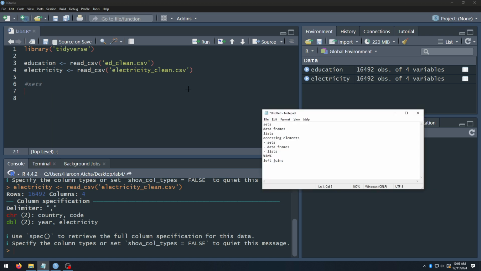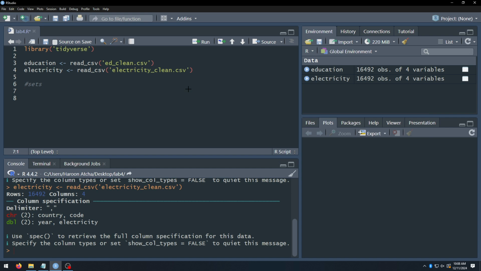What is a set, or rather, in R, they're called vectors? Well, we've already been exposed to them a little bit. Recall when we did our scale argument in the last lab, and we wanted to tell ggplot to use these specific colors rather than the default colors that it uses. You'll remember that we wrapped that set of colors in a function that looks like this. It starts with the letter c and then just normal parentheses. c is really the function that creates sets of things, or vectors,